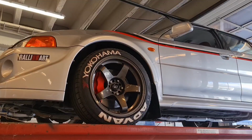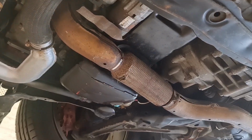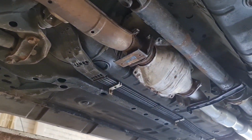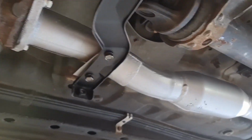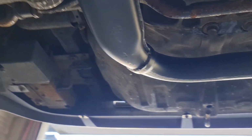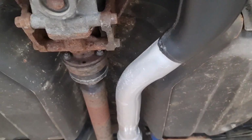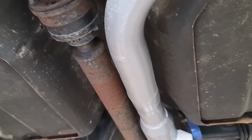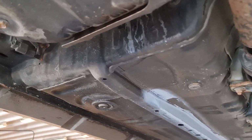So check this out. So you wanna have a look at the exhaust system. It isn't perfect, but at least it doesn't drone my head out when I'm driving the car. It's pretty decent. At least it's a very nice starting point. Please do not mind the way it looks like under here. I mean, yeah, it's not factory finish and it doesn't look like brand new, and it isn't. But again, the amount of rust that's on this car is really down to a bare minimum, and it will be